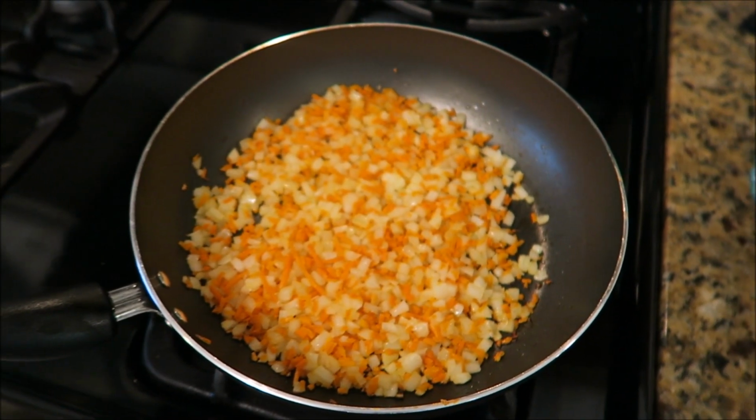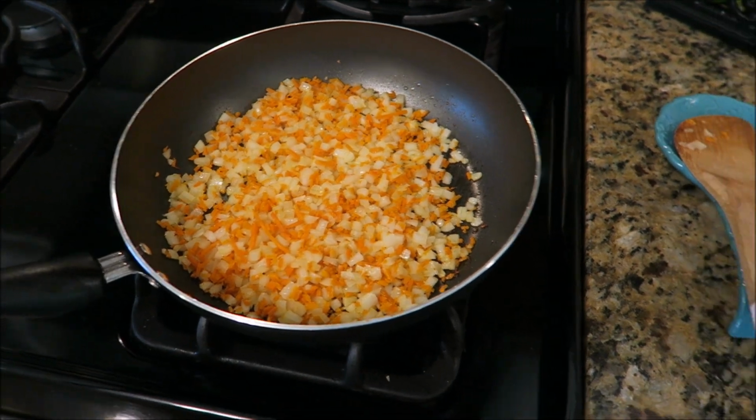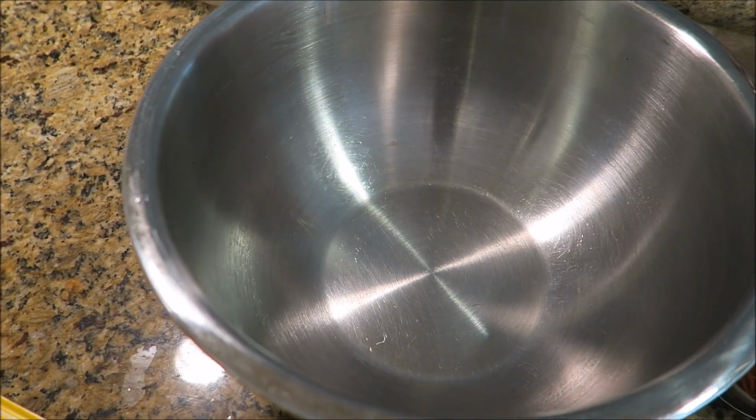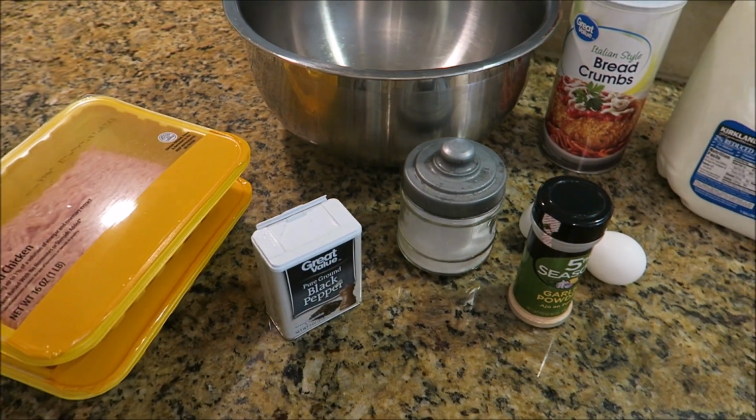Over here I have some onions and carrots sauteing, and once those are done I'll let those cool down. I'll put everything in this big bowl right here, mix it up, and then put it in the aluminum foil